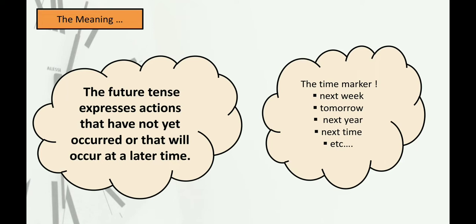Let me show here the time markers we use when we want to make a sentence in future tense form. Let me see the first one. We can use next week, and then the second one we can use tomorrow, and then next year, next time, and etc. Jadi ini contoh time marker atau penanda waktu ketika kita menyusun sebuah kalimat yang bentuknya adalah future tense, atau ketika kita membuat sebuah rancangan yang akan kita laksanakan atau kita lakukan di masa yang akan datang dalam bentuk